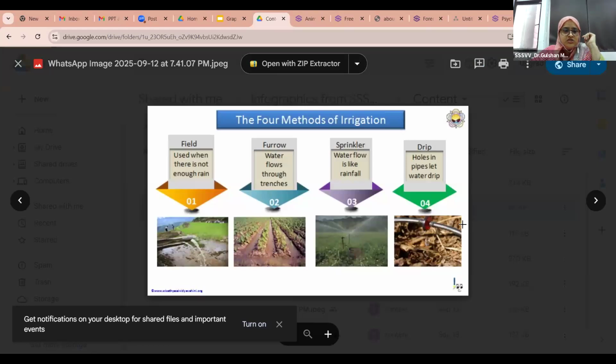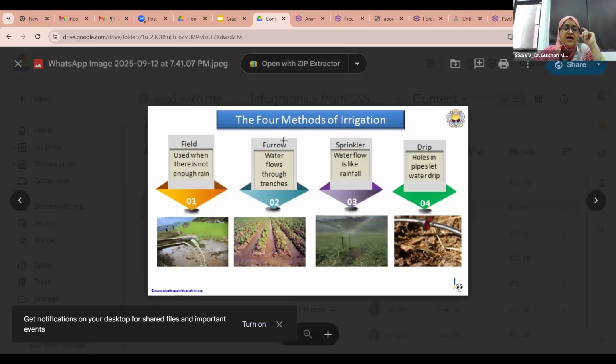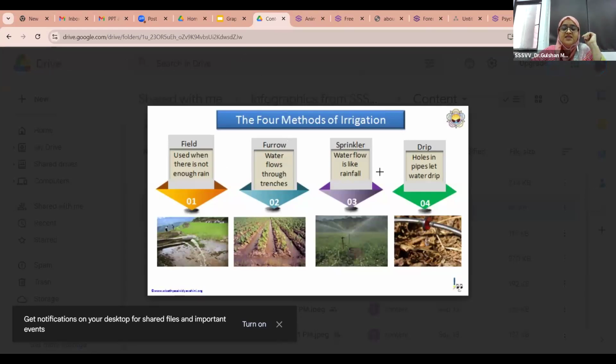It is a topic of social science, and in this infographic, just see how the information has been shared. In this small infographic, it has been shown the 4 methods of irrigation: field, furrow, sprinkler, and drip. These are terms which are very difficult for a student to understand, because we cannot conceptualize what furrow means.